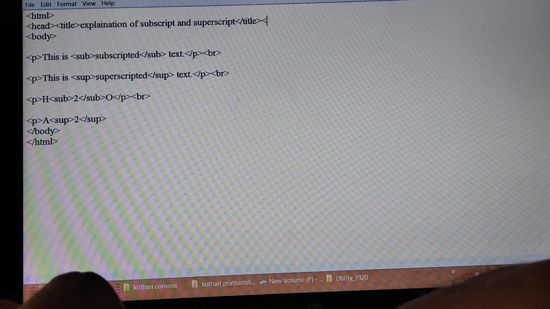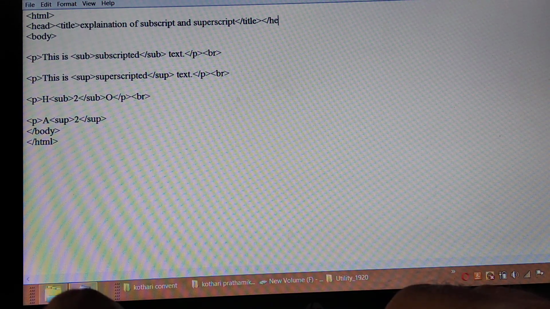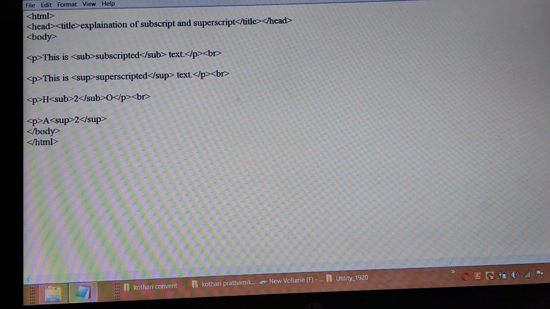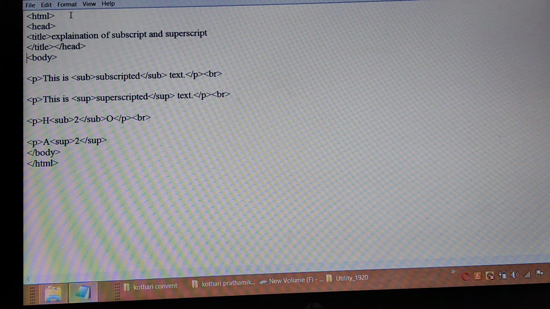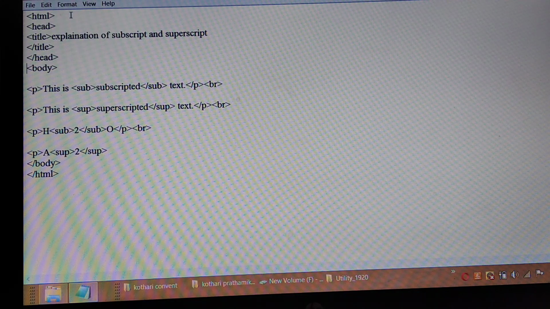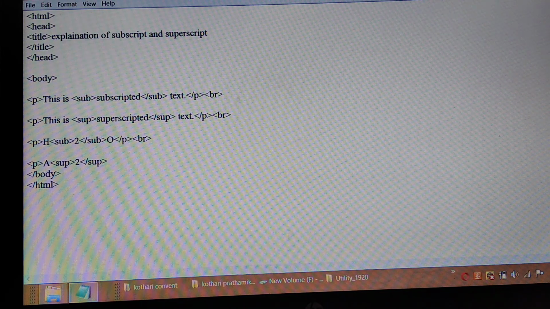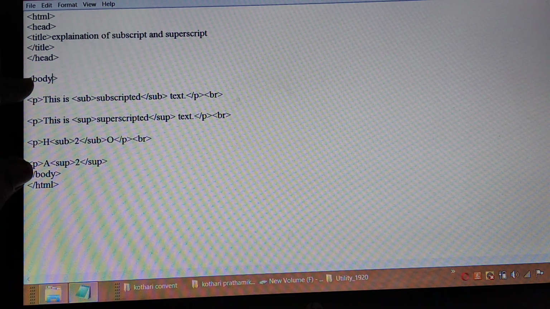You can write the different code with the next line also. That will be very attractive looking for your HTML document, and you will be easier to understand the concept inside it. The body part will be used for the web page area, and we have written the content of the web page inside the body tag.